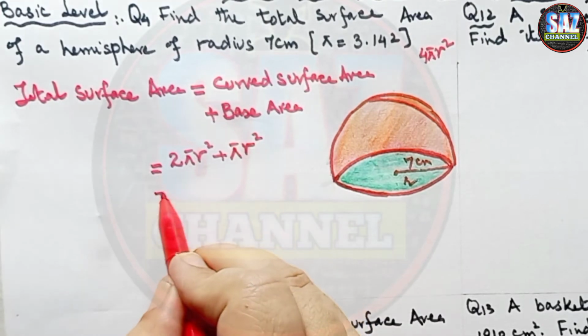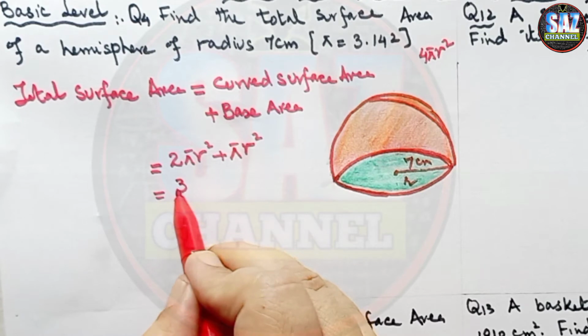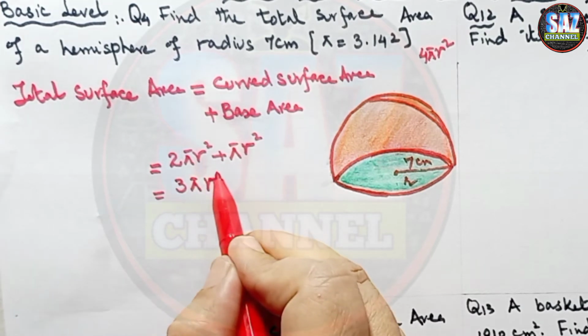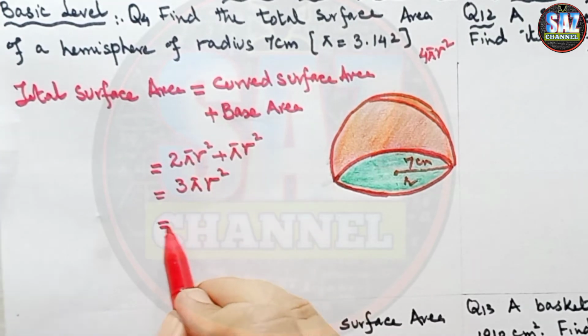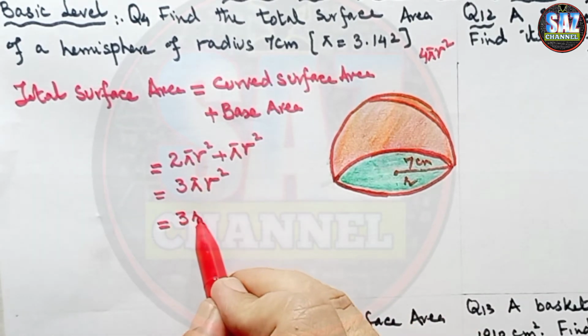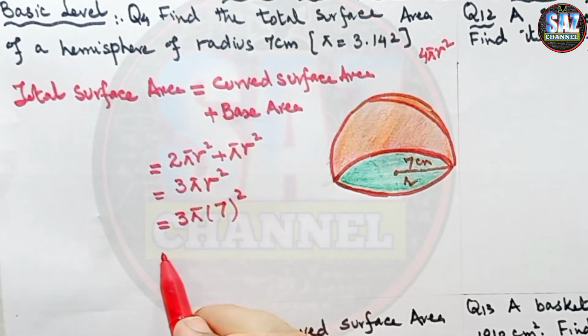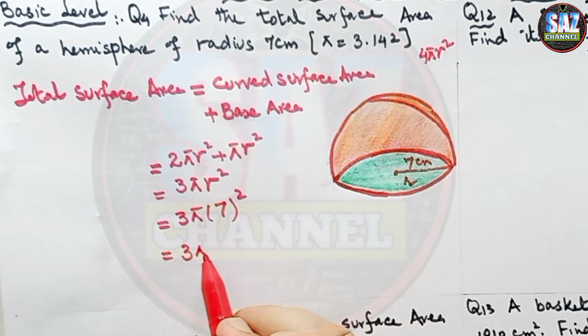Now we can see that pi r square terms are like terms, we can add them up, so it will become 3 pi r square. And now it's really easy. We have to replace the value of r here, that is 7 square. 7 square is 49,